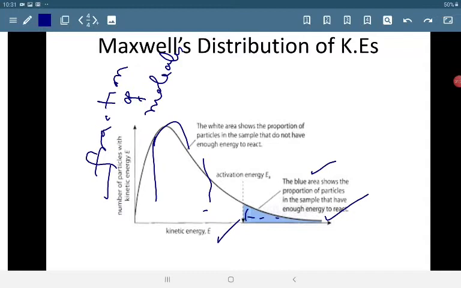Suppose we have a sample of gas; not all the molecules are capable of reacting, because only a small fraction of the molecules possesses energy equal to or greater than the threshold value. This small fraction possesses very high energy, which means it has enough energy to react. Like here, in the blue portion, this small fraction has energy equal to or greater than the threshold value. A small fraction also possesses very, very low energy, and the majority possess intermediate energies.